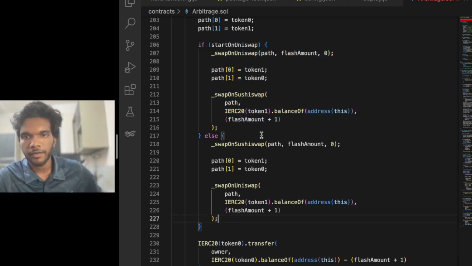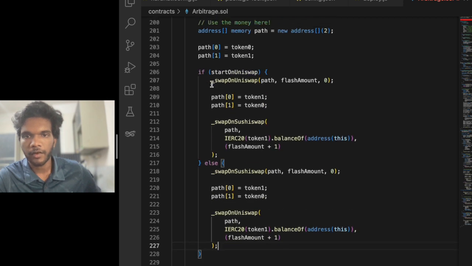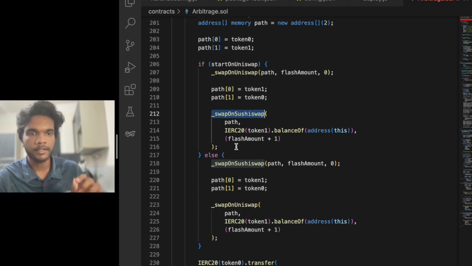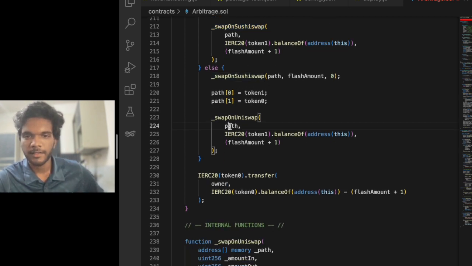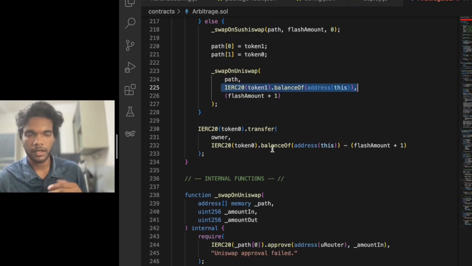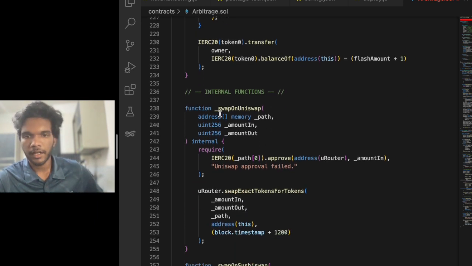So that's what we're going to do right here, and we're going to call swap on Uniswap as well as swap on SushiSwap. Let's discuss the functions. We're going to pass the path and then the token and then the amount. Sorry, token in and then token out. Yeah, here you can see